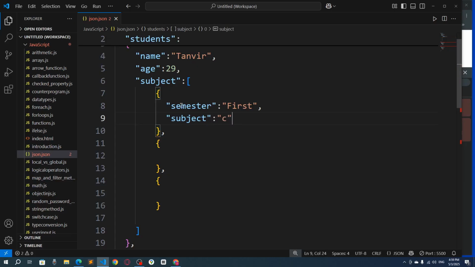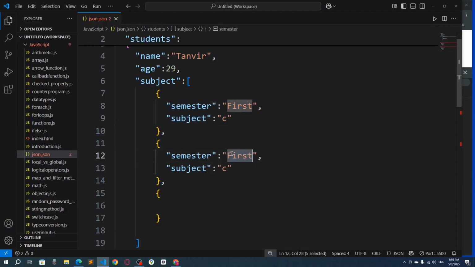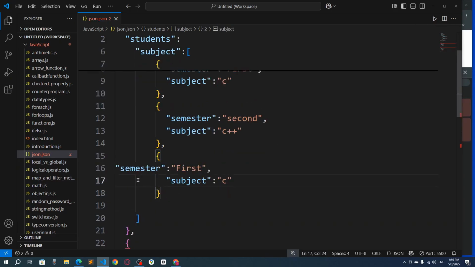All right, so now I'll copy it, and I'll go here and I'll say semester second, and the subject will be C++. Let's go for the third semester. So I'll say third semester, right? Third semester, and this will be Java. All right, so